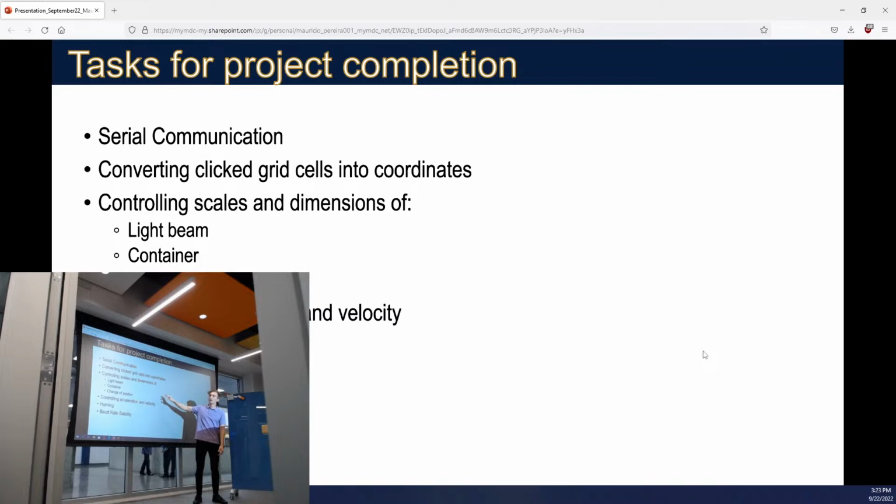Then I had to find a way to, as I clicked out that cell that I created, that grid, convert that into coordinates so that I could send those instructions to the microscope. I also need to document the scale, the size of the beam of light, because